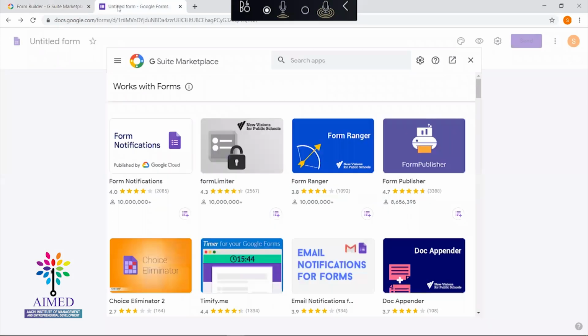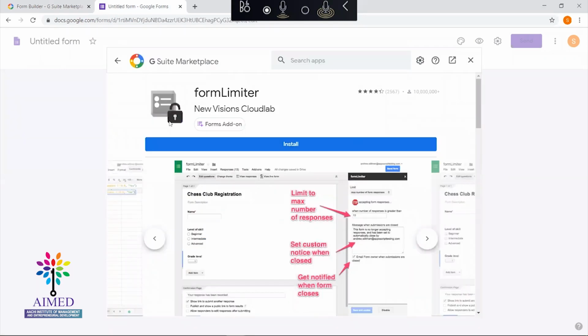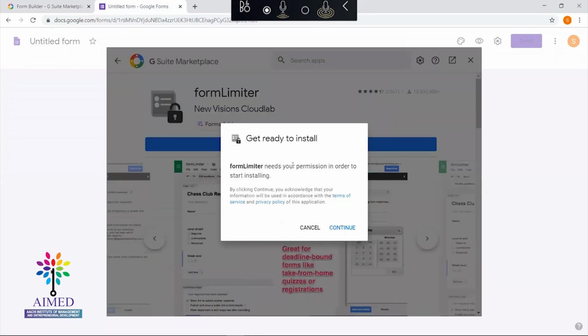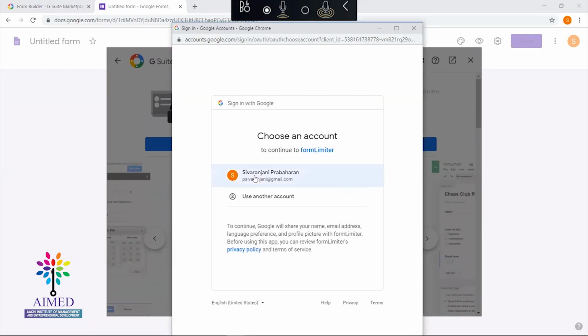The other way is we'll install from here. So if you see, Form Limiter is directly available here, so I'm not searching over here. I'm just clicking on the Form Limiter. Then it is asking me whether I wanted to install. I'm just clicking on the install button and I'm giving continue. And it is asking for mail ID.